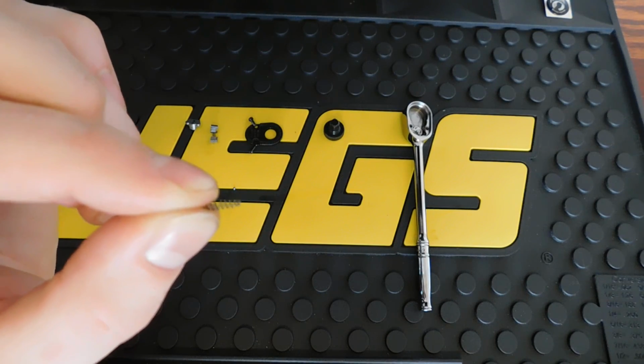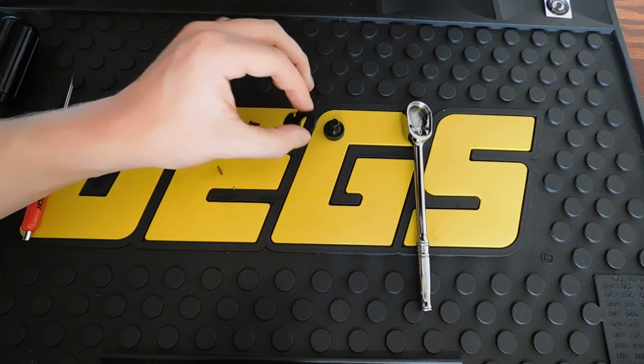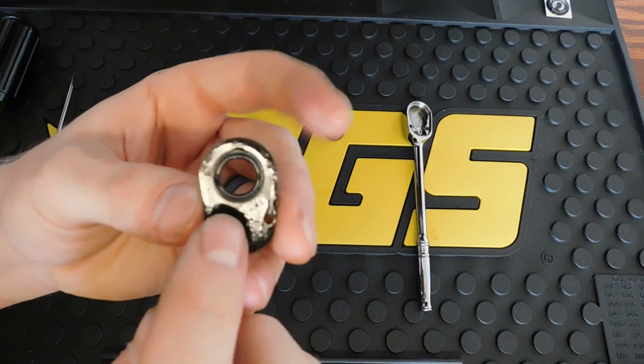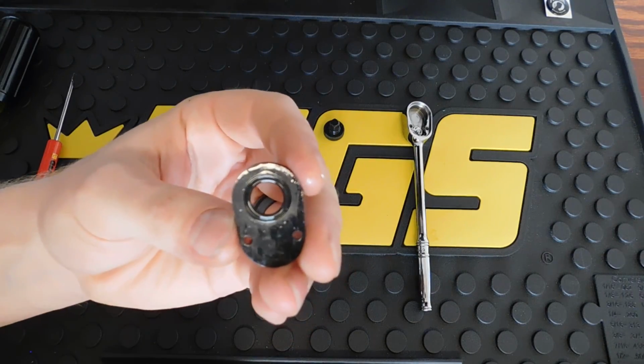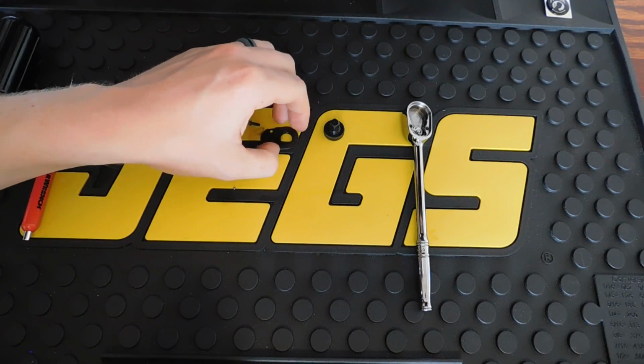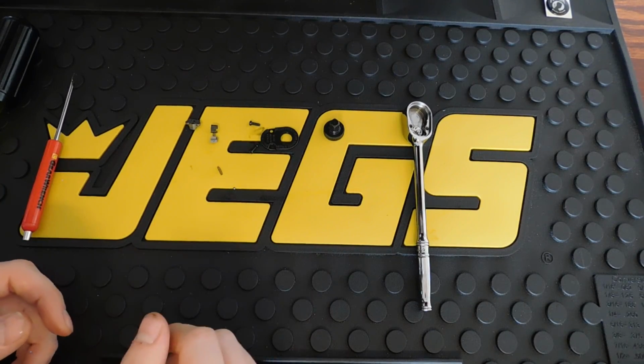Sorry, it's really hard to get focused on the camera. It's a really small spring. Then the backing plate: with the Snap-on ratchets, you do actually have a rubber seal on the back of here, so if your ratchet is old, you can actually replace that seal. I don't think any of my other ratchets actually have seals like that, so that is one thing that Snap-on